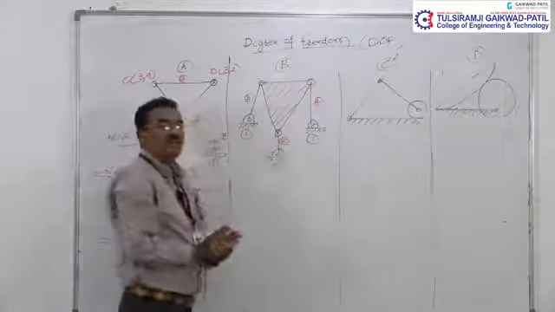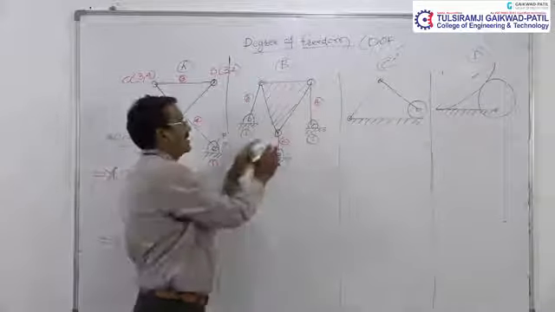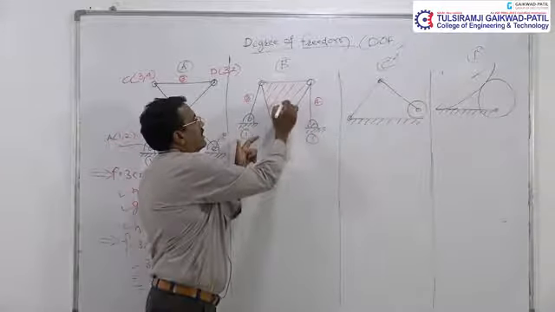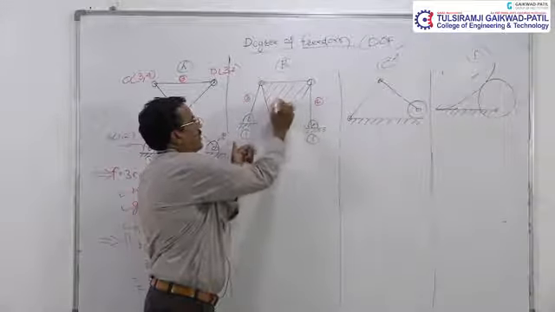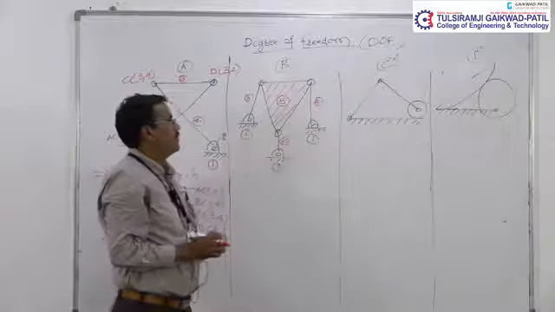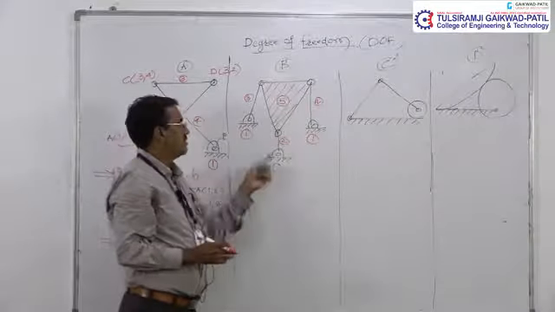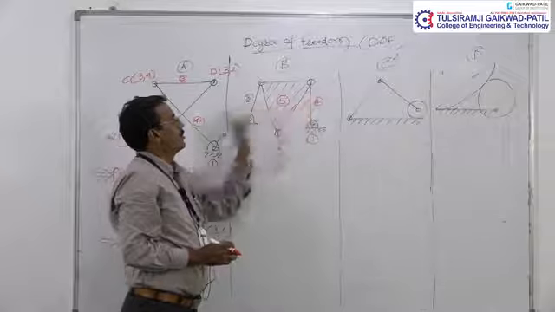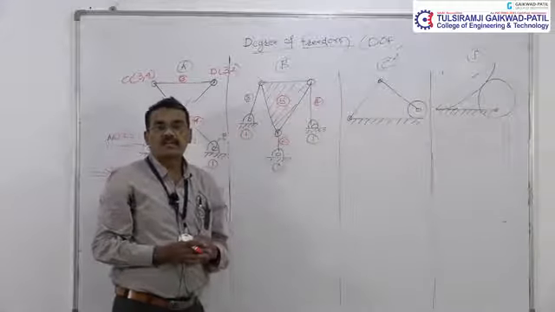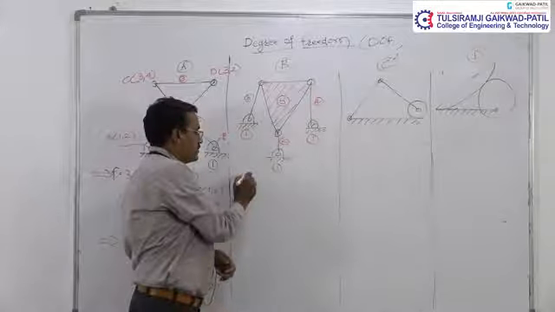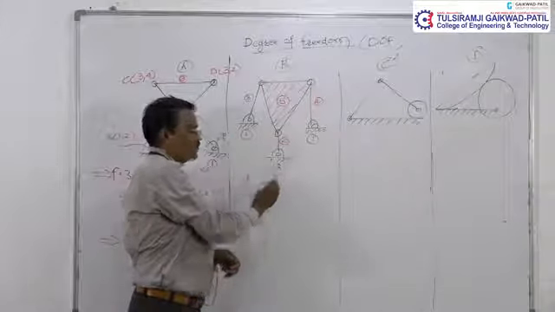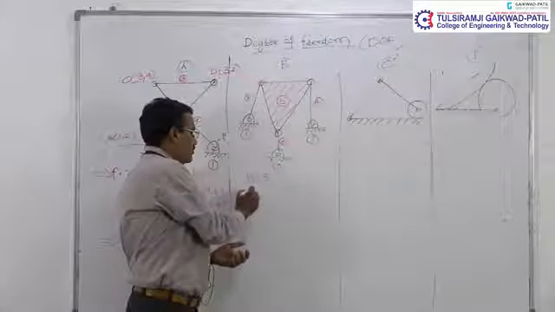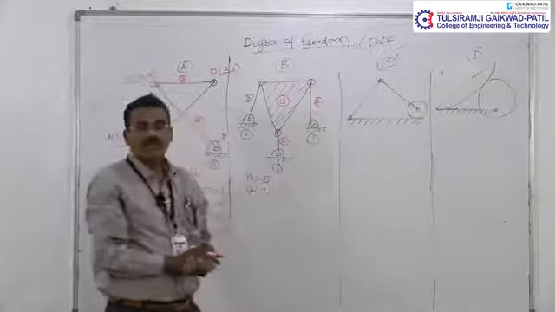Apart from this, there is one triangular link, and this triangular link is this one, and it should be denoted by link number 5. So the total links present in the planar mechanism are 1, 2, 3, 4, 5. 5 links are present in this mechanism. The value of n becomes 5. The next step is to calculate the value of g, that is, the lower pairs in the mechanism.